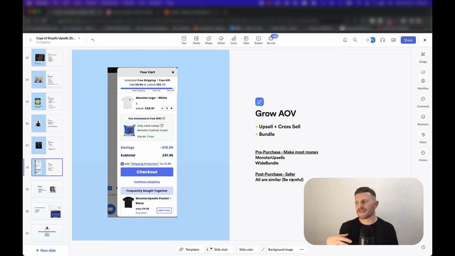And then post-purchase is after someone's checked out, you can offer them something else that complements what they've already purchased. Now, post-purchase, be careful, because I've seen a lot of people doing spammy offers with countdown timers and everything like that, which devalue products. Just be careful what you're actually offering and be mindful of people that are returning to your site to purchase